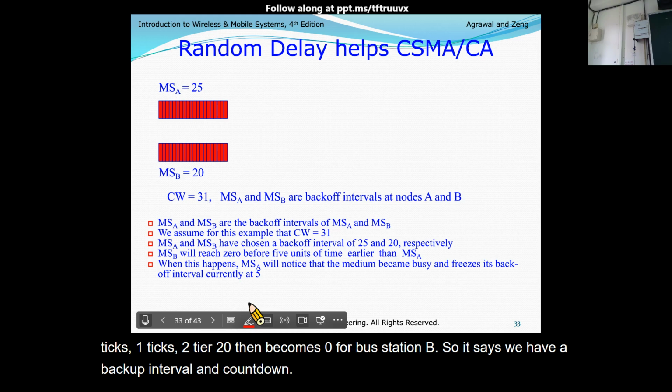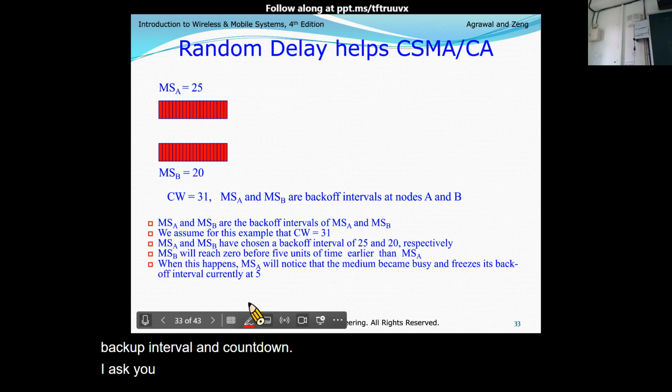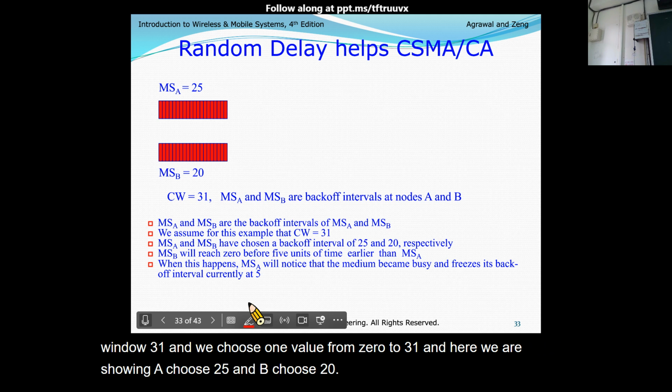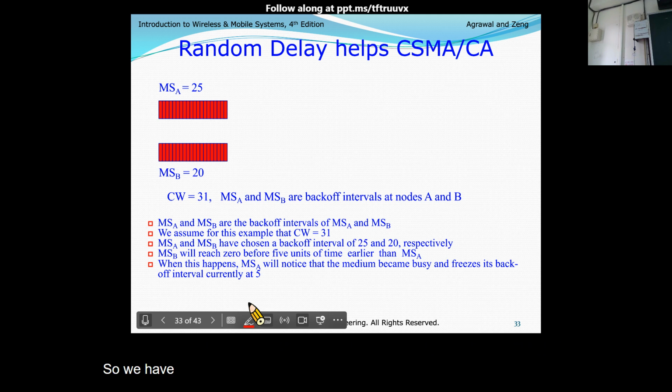And actually, how to have the interval for A and B? We have a contention window 31, and we choose one value from 0 to 31. And here we assume A chooses 25 and B chooses 20. So we have the random backup interval, random because we have the specified range from 0 to 31.